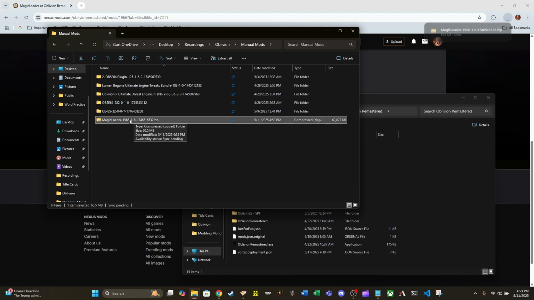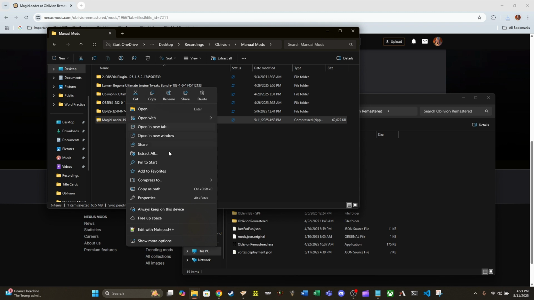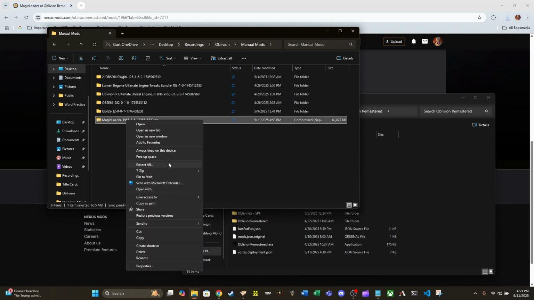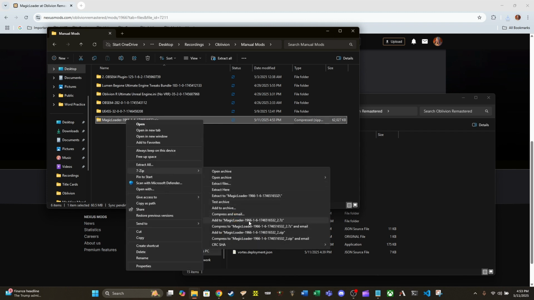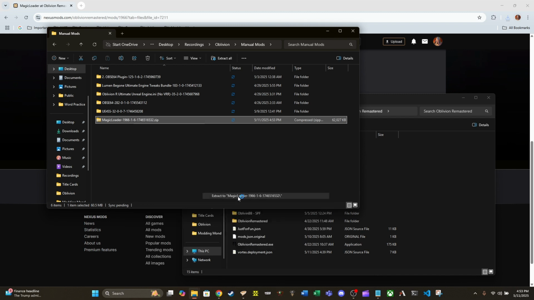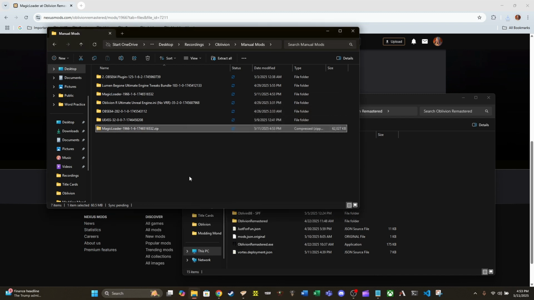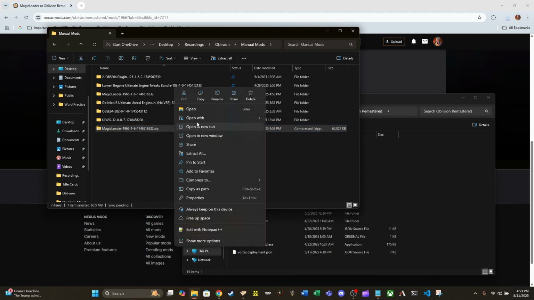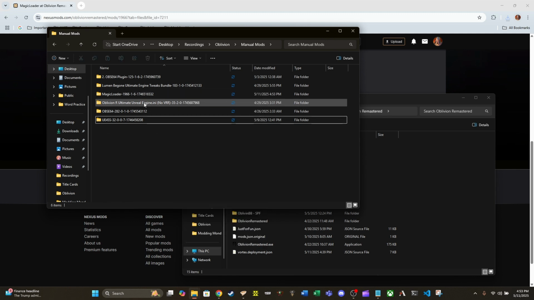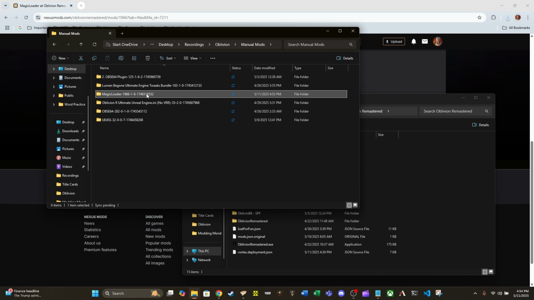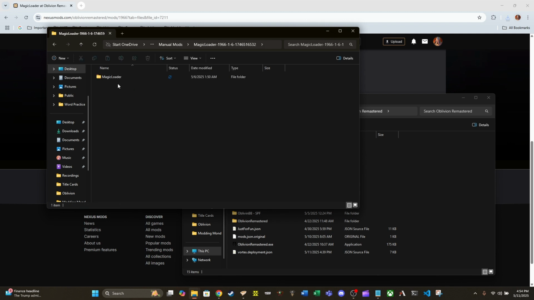So we have the zip file downloaded now. It is here. We're going to go here into 7-zip. We're going to go ahead and extract to a folder. Once we've done that, we no longer need this zip file, so I'm going to go ahead and get rid of it. We have the MagicLoader folder here, and this is what we need. We need this MagicLoader folder,